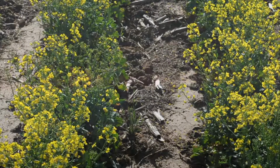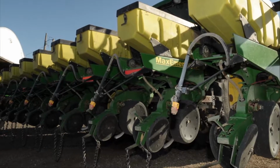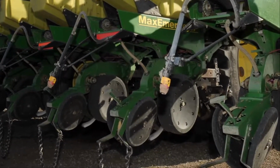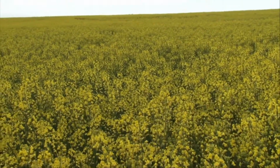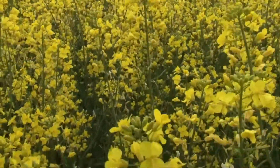Some of the common producer practices are burning the previous crop residue and then using a no-till planter or drill to seed canola. Others are just using no-till planters to move the previous crop residue so that the canola will establish and overwinter. There are 10 other breeding companies or marketing groups that are interested in bringing more winter canola